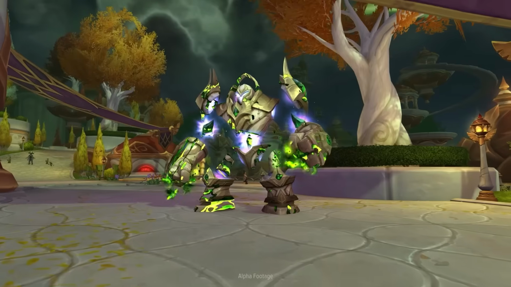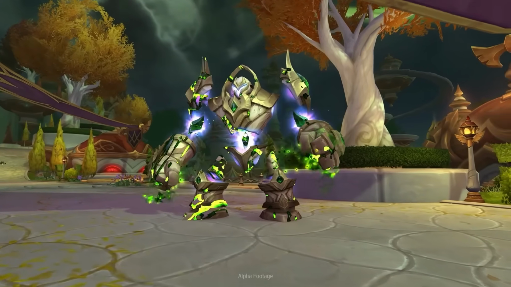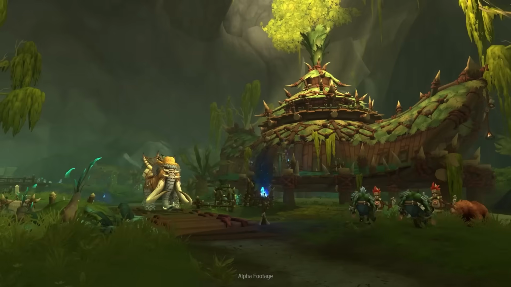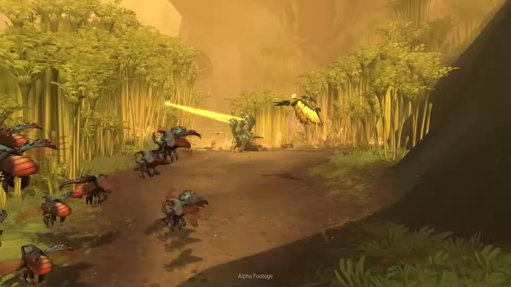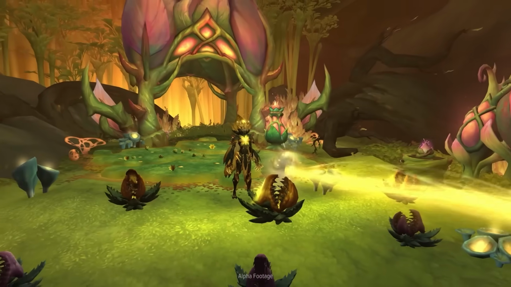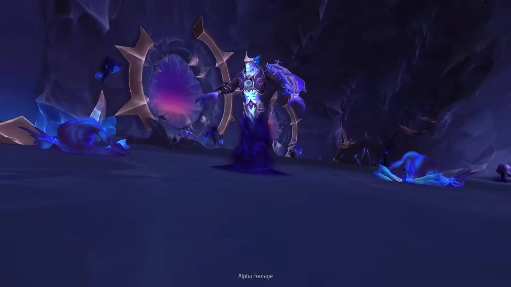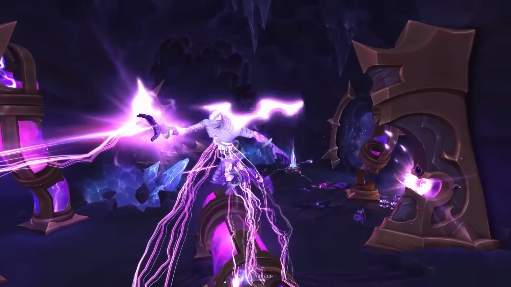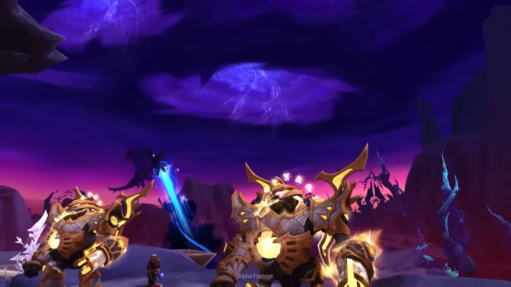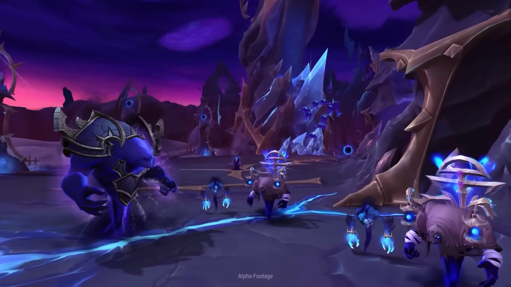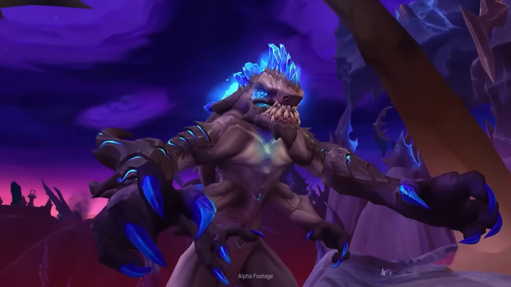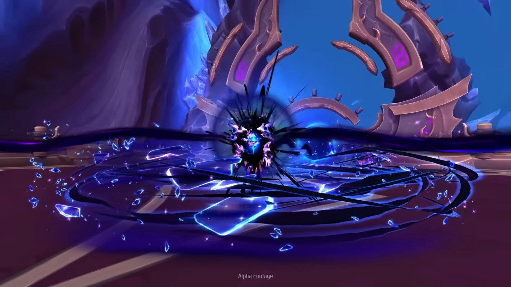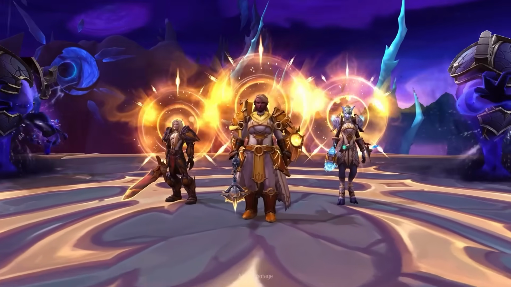But this is alpha. I'm giving my feedback in terms of things to add, in terms of things to improve, in terms of the cooldown manager, in terms of the raid frames, the nameplates. I still have to test a little bit more in terms of the keybind option that Blizzard has. I'm hoping that some of these are going to be taken into consideration. And if you have any suggestions, please leave your comments below or address them in Blizzard forums, because this is a big deal, especially for healers.